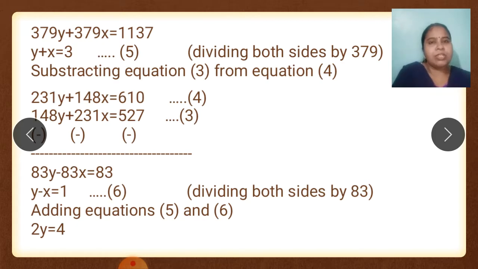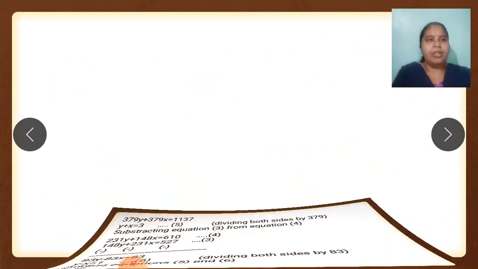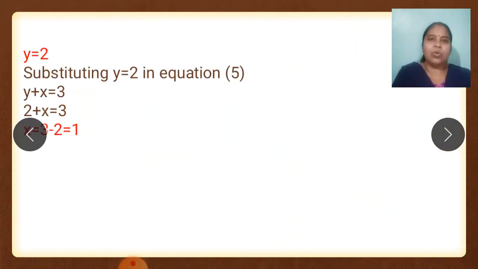Now addition is over, subtraction is over. What is left? Addition again, right? So add equation number 5 and equation number 6. So adding these two equations, what will happen? This x and minus x will get cancelled. y and y is 2y and 3 plus 1 is 4. So we get 2y is equal to 4, from where we can calculate y is equal to 2. One of the variables is obtained. Now you can substitute it in equation number 3, 4, 5, wherever. I have substituted in 5 and get the value of x. How much is the value of x? 1.